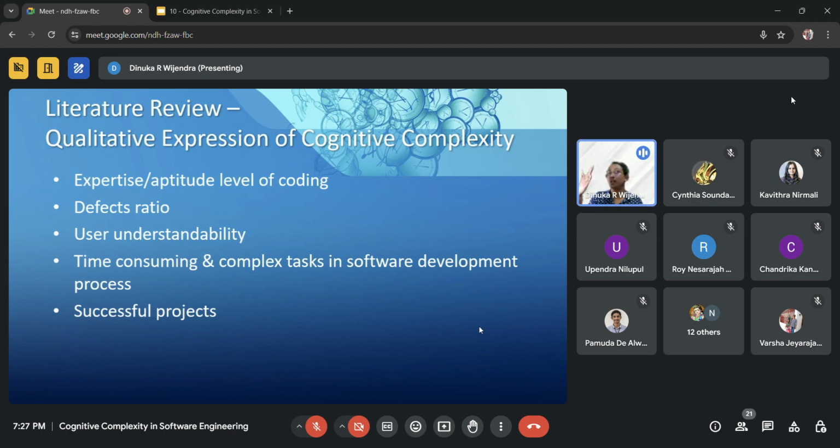If the user understandability is very high, or if the effort that I need to put in to understand a source code is very low, it means understandability is high. Simply, we can say it is the effort to understand something. If I need less effort, it means it's easy for me. That's what successful means.